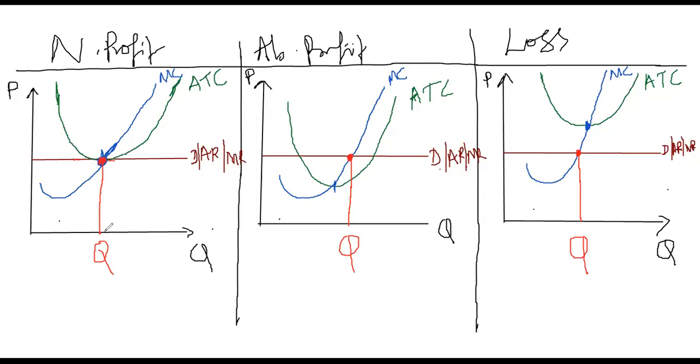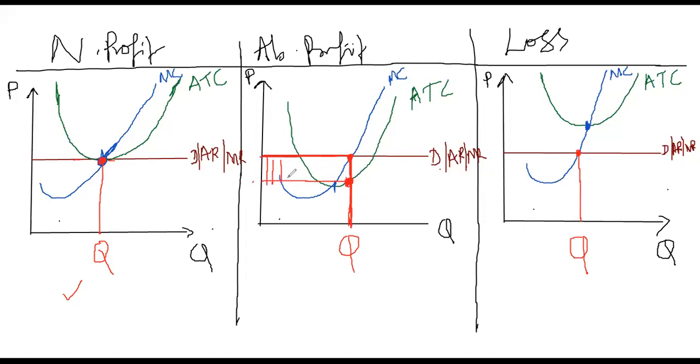Now, the normal profit diagram is finished. Abnormal profit diagram: now see this quantity. For this quantity, there is a price. With the quantity, the price is the cost on it. So see, wherever this red line cuts the ATC, you have to go here. This is the value. For example, for this a value will be given, for this also a value will be given.